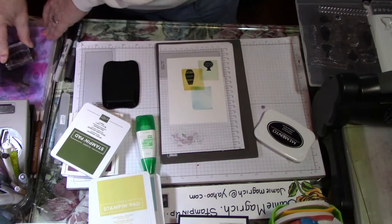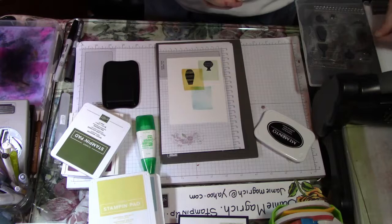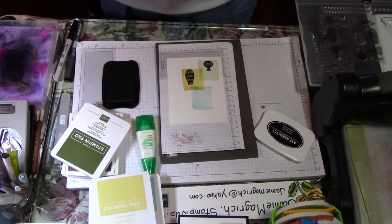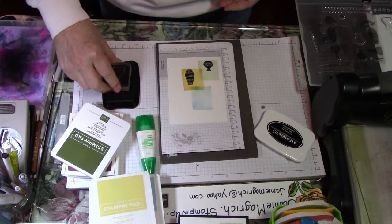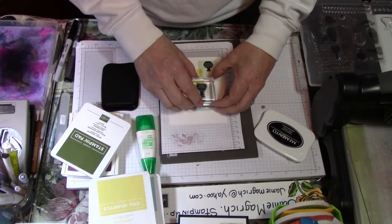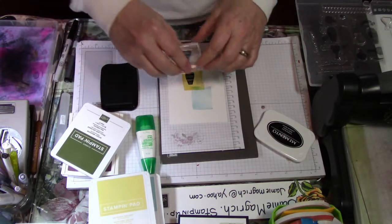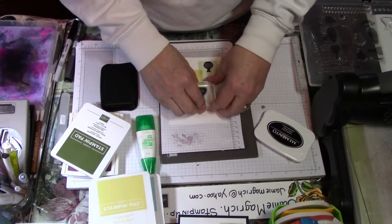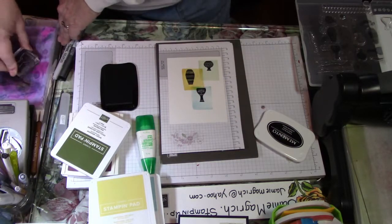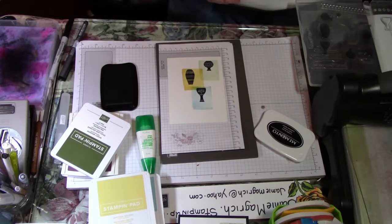Very nice. Clean it off. And then the last one is the one that looks like a wine carafe. Pick it up. And again towards the center of the blue block. I need a little more ink in the middle. And stamp it down. Okay. Now we're going to take the flowers,